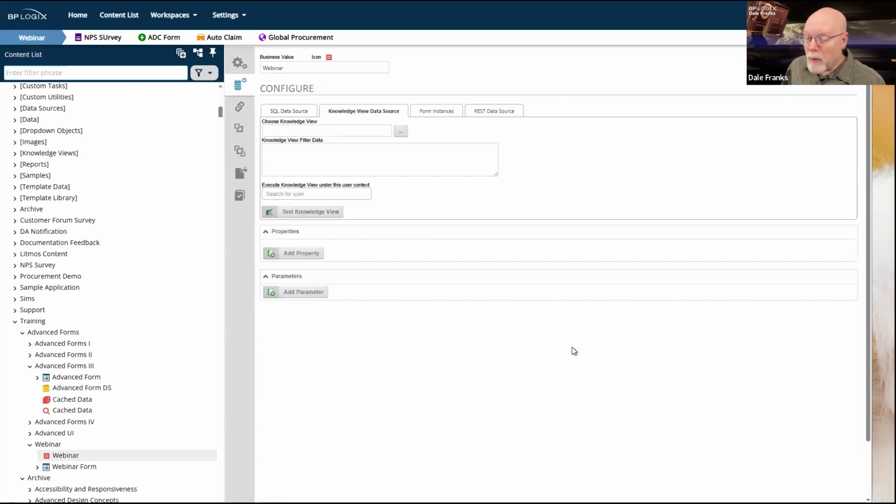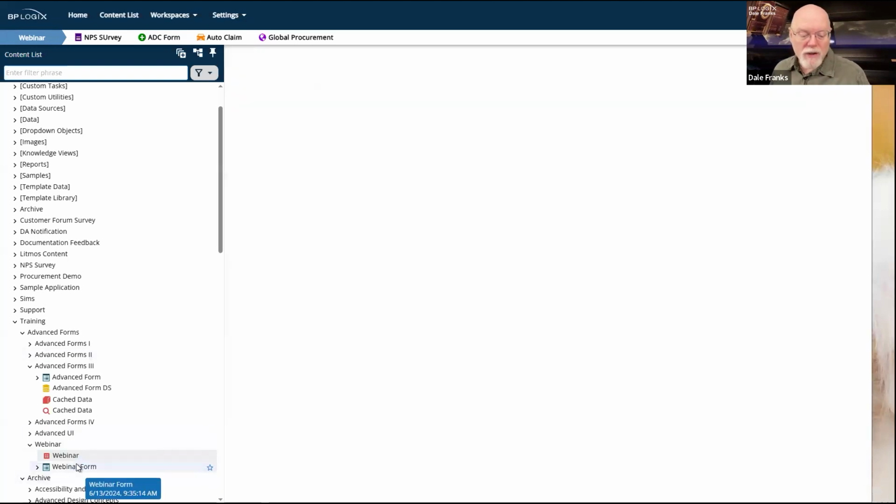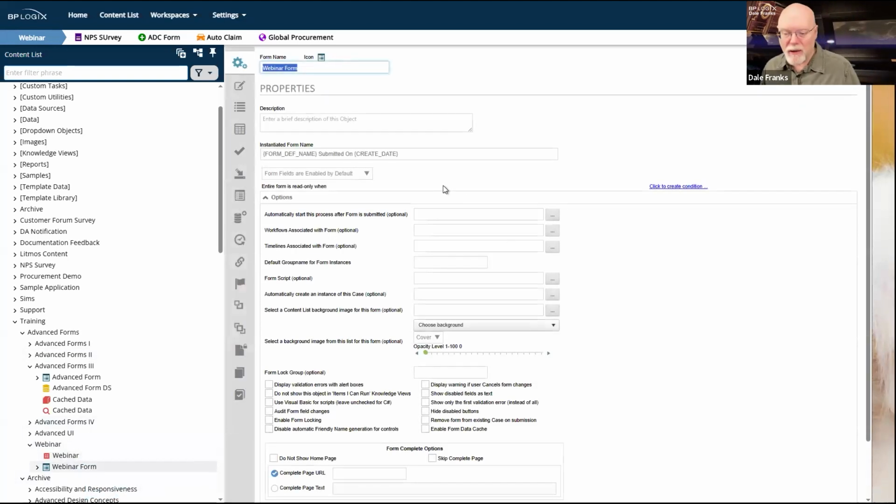If you're not comfortable with SQL, there is a way to speed up things quite a lot using a knowledge view, but it requires that we cache the form's data. So we're going to start off with form data caching. To set up form data caching, the first thing that you need to do is go into the Properties tab for your form, and enable the form data cache.